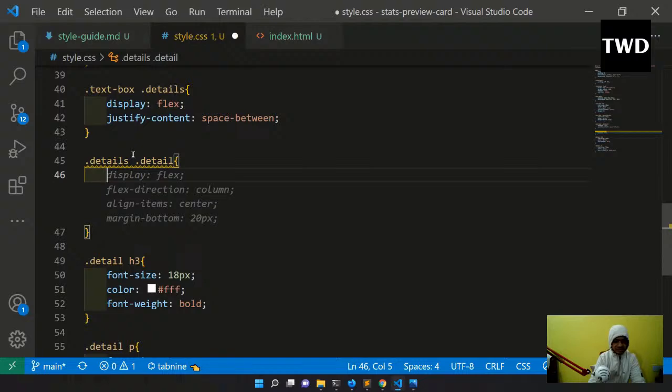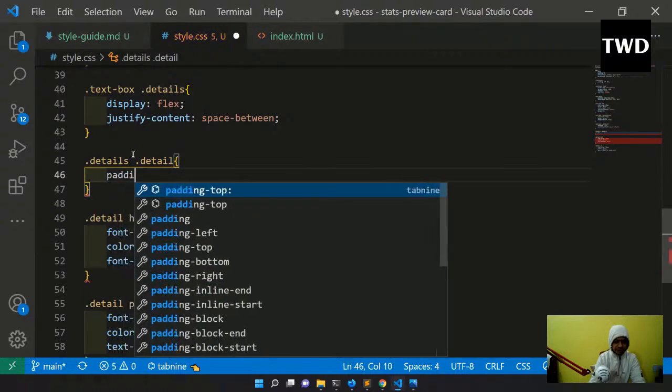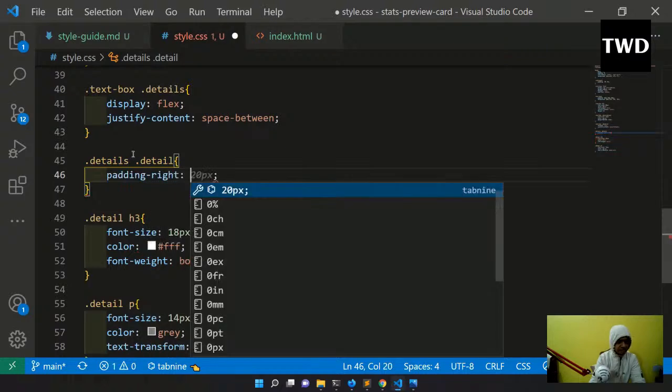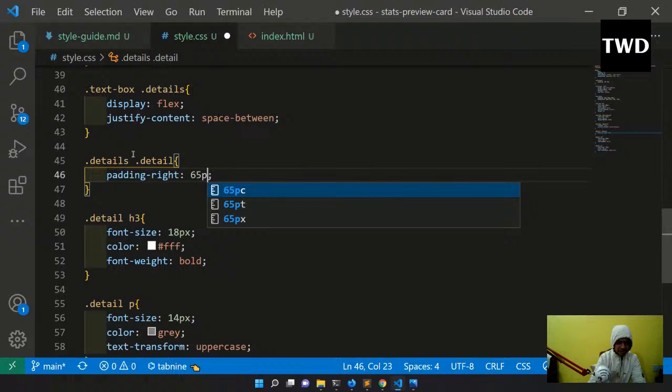Let me try. Padding right is 65px. If I do this,